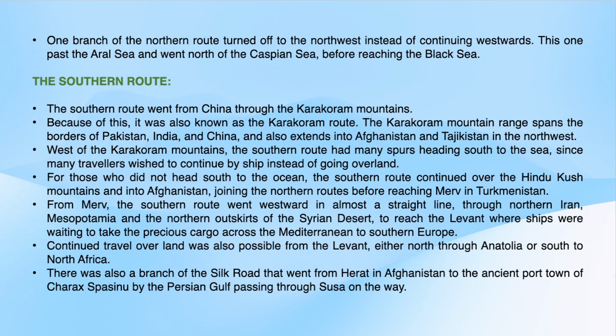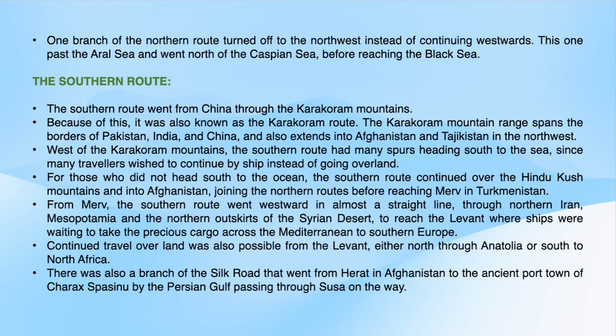The Karakoram mountain range spans the borders of Pakistan, India, and China, and also extends into Afghanistan and Tajikistan in the northwest. West of the Karakoram Mountains, the southern route had many spurs heading south to the sea, since many travelers wished to continue by ship instead of going overland. From Merv, the southern route went westward in almost a straight line through northern Iran, Mesopotamia, and the northern outskirts of the Syrian desert to reach the Levant, where ships were waiting to take the precious cargo across the Mediterranean